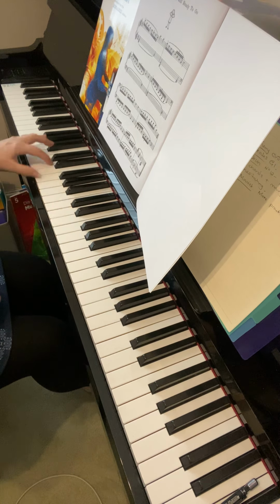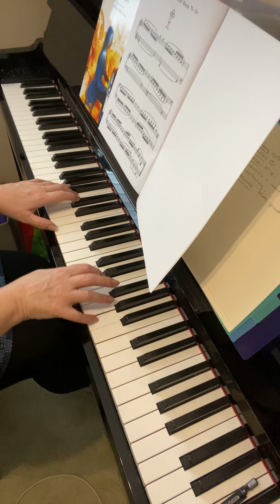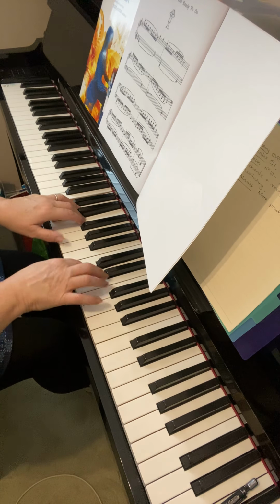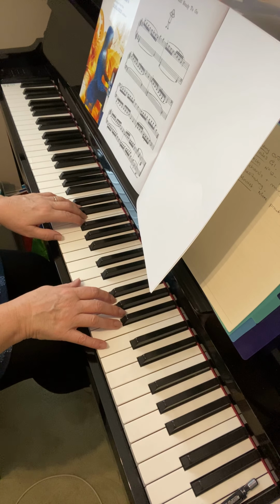Okay, now it's not necessarily just as easy to put the hands together, because as well as finding the chord, you are actually moving the right hand as well, although the right hand only moves down one note from A to G. So it's not far, but it still means you have to coordinate the movement of both hands, which is why it's a bit tricky. You could do a silent jump, which I mentioned,